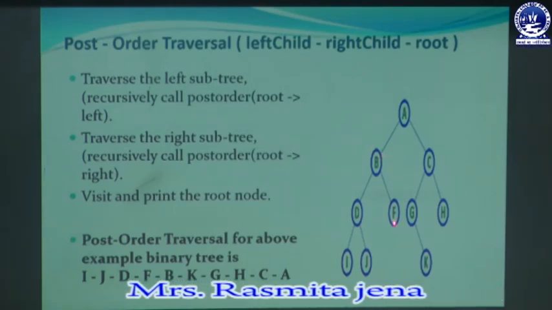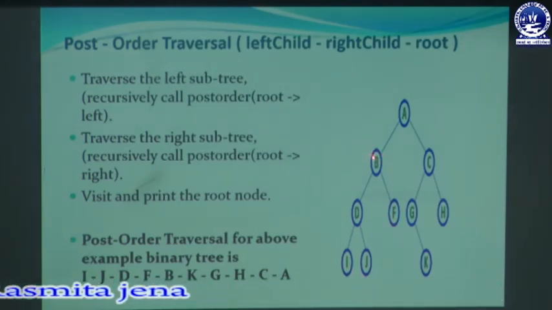As we are recursively calling the post-order traversal, first we will go from root A to B, and B is now the root node. So first we will visit the left subtree of this root node, then we will go to the node D, and again we traverse the node recursively using post-order. So we will print the left subtree node, which is I. By using post-order traversal, we first print or display the node I, which is present in the left subtree of the left node. So first I is visited.